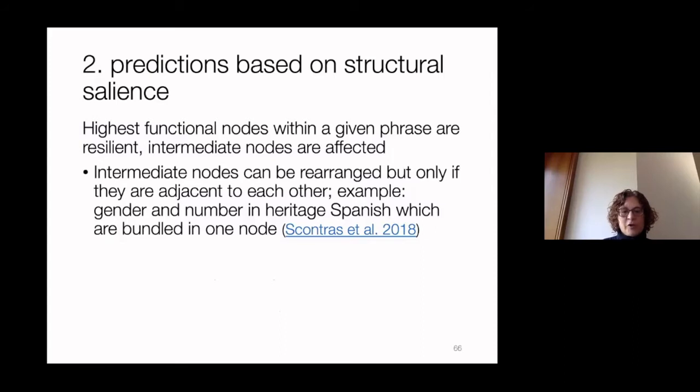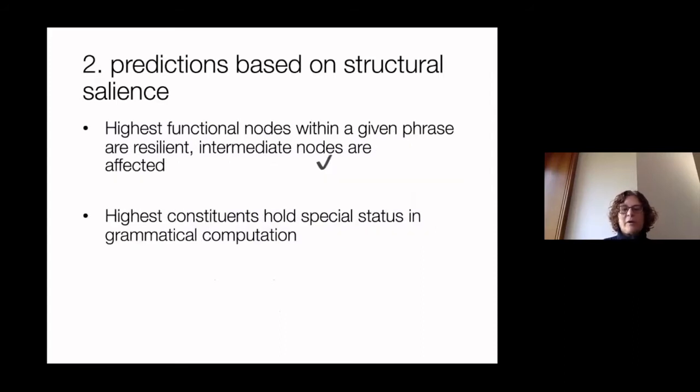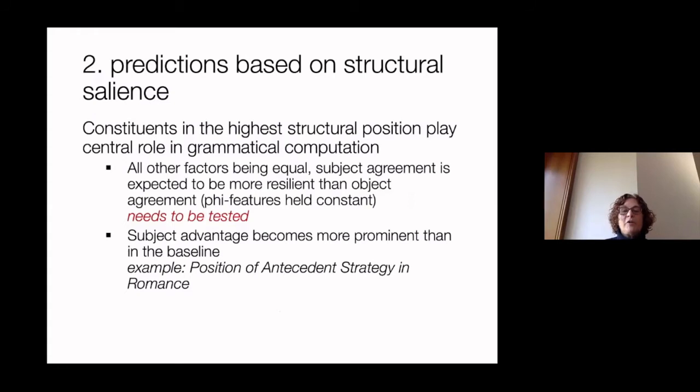So I'm going to skip the gender and number and talk about the special status of highest constituents in grammatical computation, because they play a role in the structure of heritage language. So if we hold all other factors constant, subject agreement in heritage languages is expected to be more resilient than object agreement, but